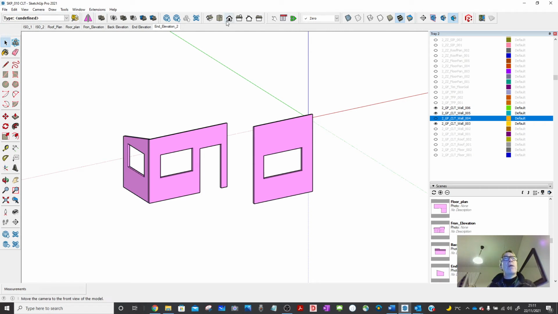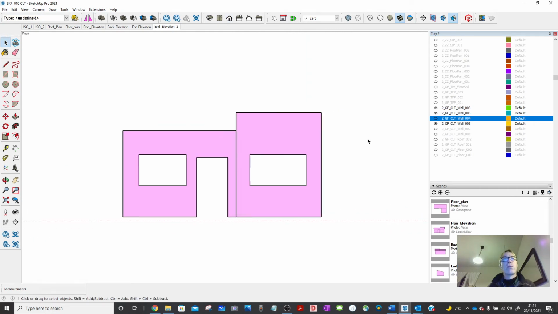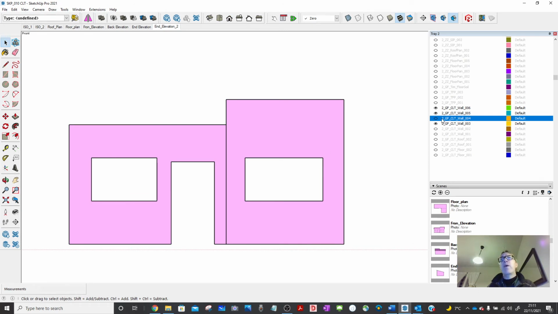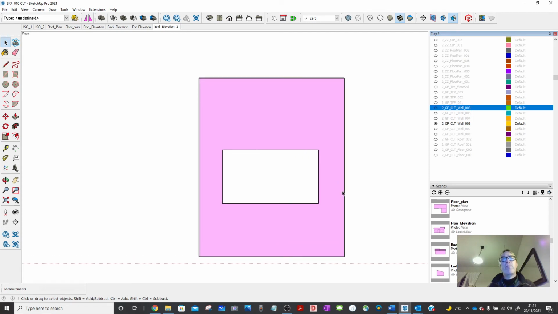Right, if I do front elevation, and I only want, for this one, to have panel number 3 visible. I'll make the panel as big as I can, and I'm viewing it from the outside of the building,